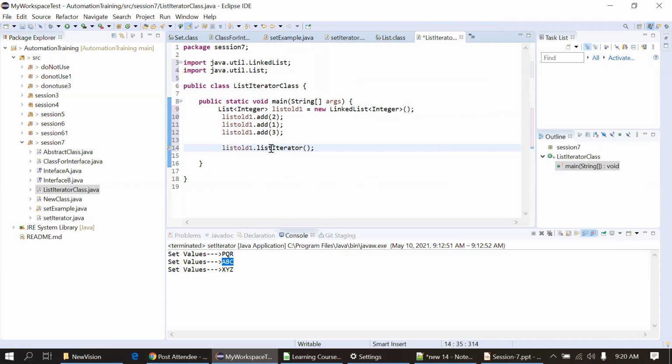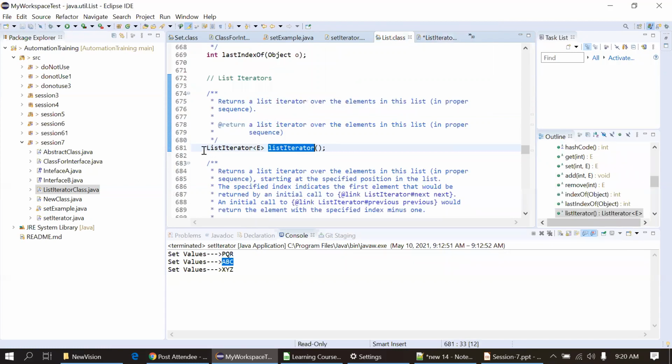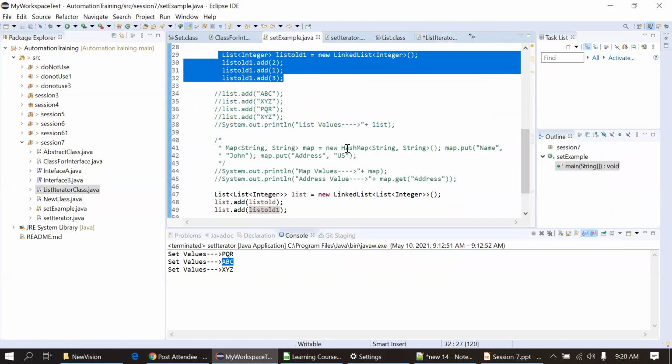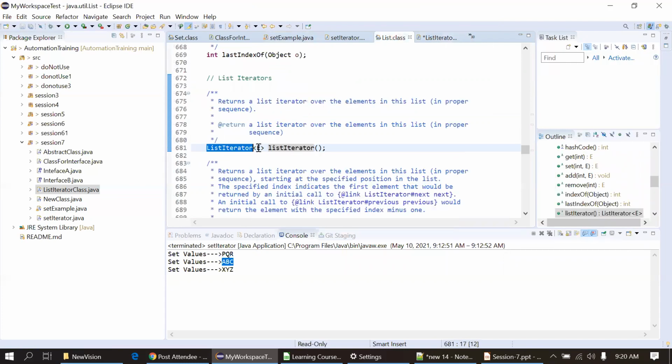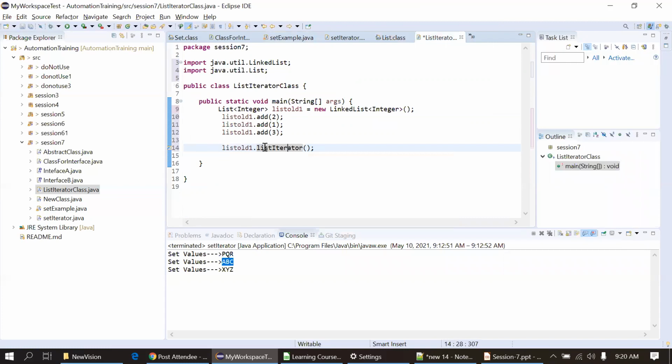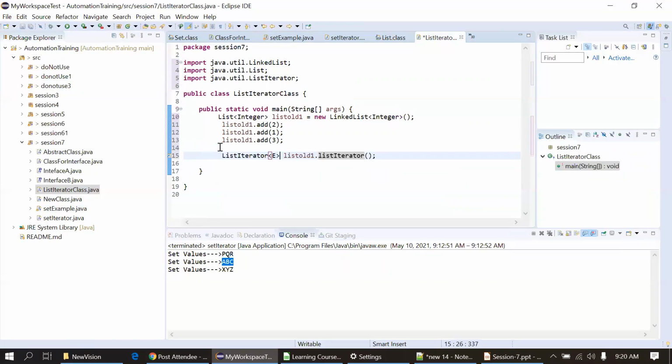Okay, so if I don't know the data type, I will just go inside this and copy this. This you have to remember actually. Suppose you don't know the data type, you can simply go inside this method and check the data type and return type here. This is the return type. You can simply copy it from here and paste it there. So everything cannot be learned by heart, you have to remember a few things.